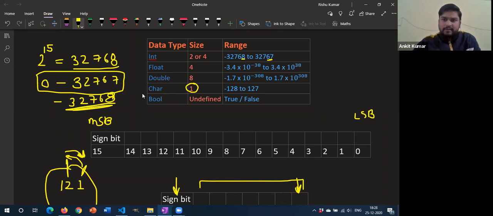Now on Google you can search for the problems that are faced by the world just because of integer overflow. You can read about it. There have been many plane crashes, and during rocket launches, missions failed just because of integer overflow. So you can read about it. That is a very important concept that every programmer should know.